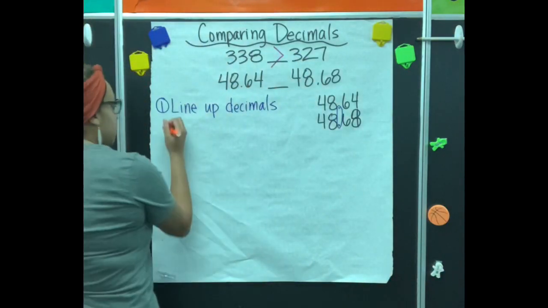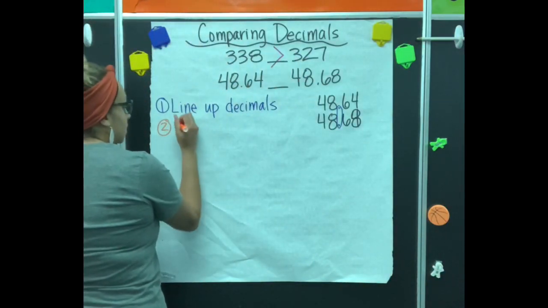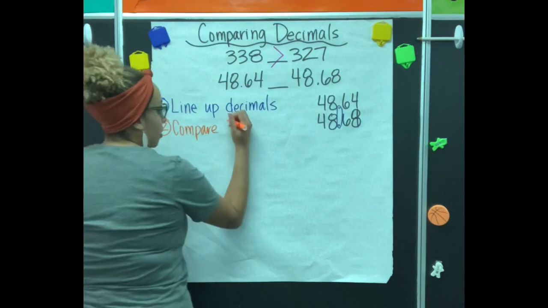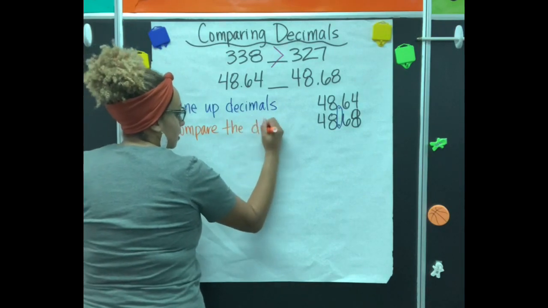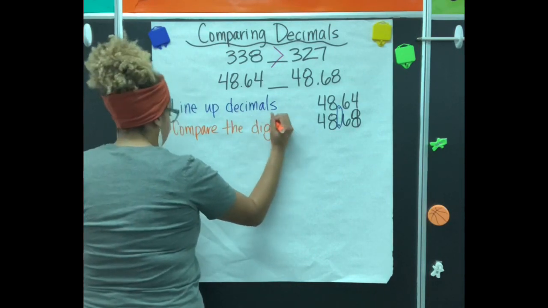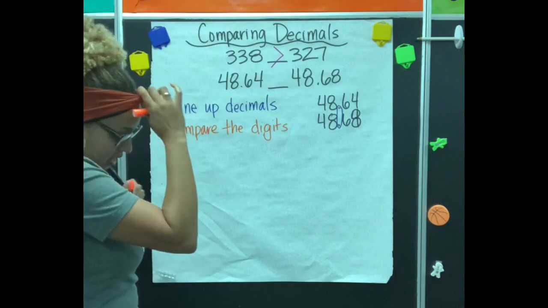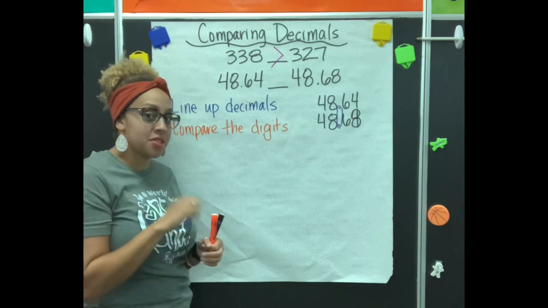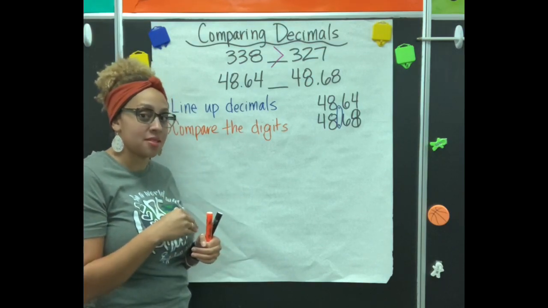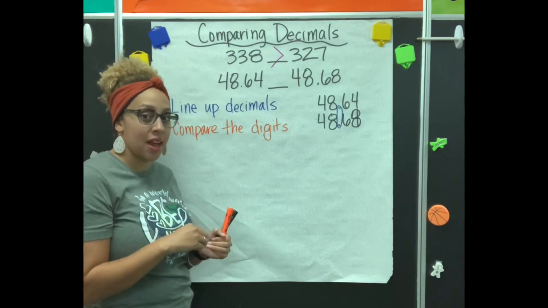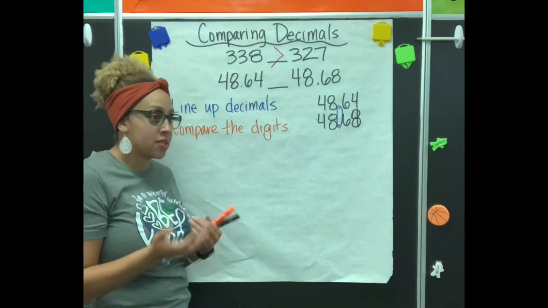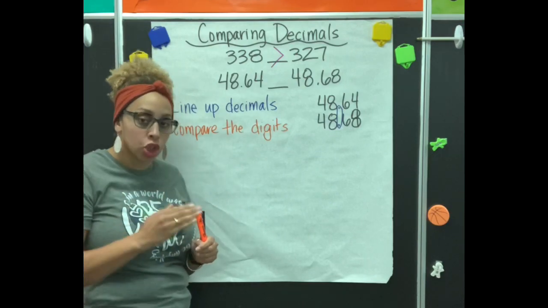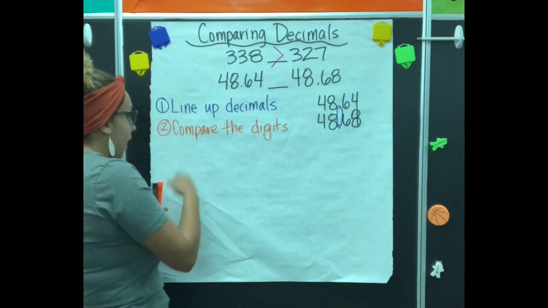The next thing we're going to do is compare the digits. So what are digits again? Digits are numbers 0 through 9. The biggest digit we can have is 9. The smallest digit we can have is 0. We can't have, 16 isn't a digit. It's a number that's made of digits. So digits are singular numbers. So we're going to compare the digits